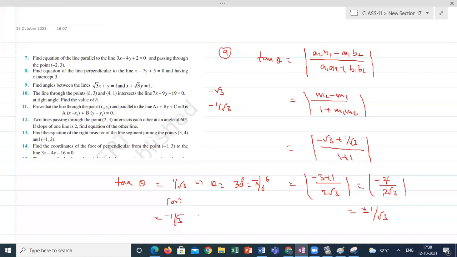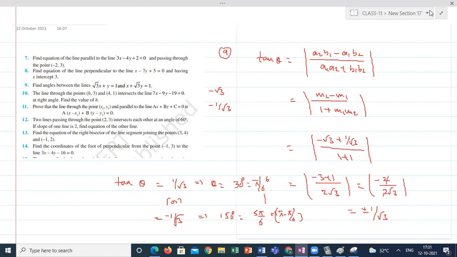It is possible only in the second quadrant. That means you won't get an angle more than 180. So definitely it is 180 minus 30, or 90 plus 60. What is the answer? 150 degrees. 5 pi by 6. From here on you can write pi minus pi by 6 is also the answer, because the two angles should be supplementary. Then only it is possible.